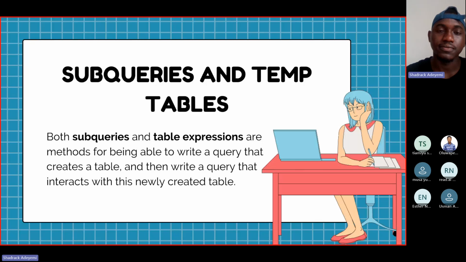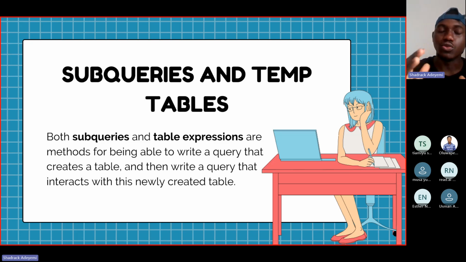Just like I said earlier, subqueries and temporary tables work very similarly. Say you create a temporary table for some specific reason. Like in the data we'll be working with very soon, we have a customer table where the first name and the last name are in separate columns.